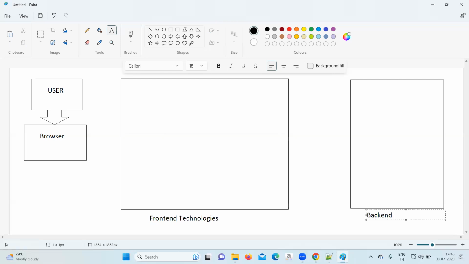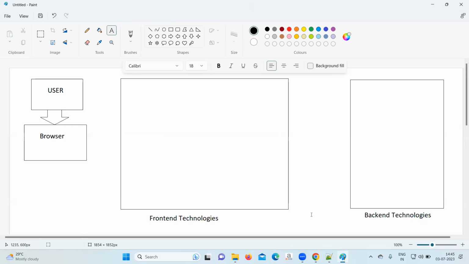Back-end technology. Right? Front-end technology and back-end technology. Now this front-end technology and back-end technology can be deployed in the same server or can be in different servers also. Like suppose for example, when you use the PhonePe, in PhonePe, front end you have downloaded